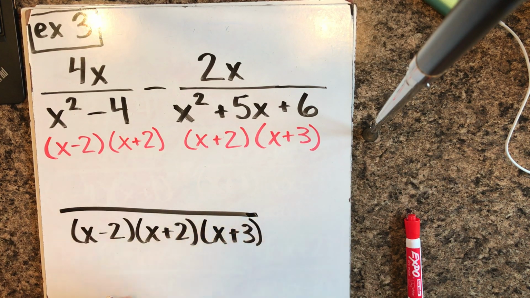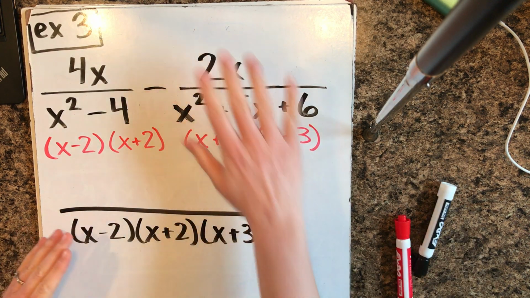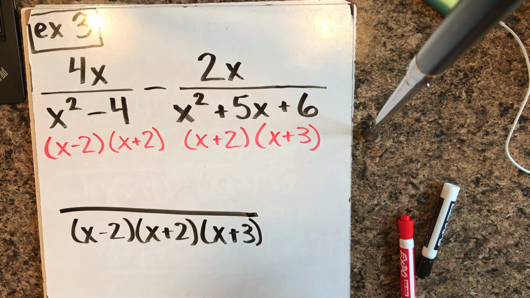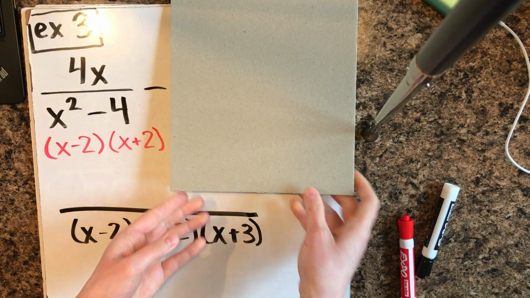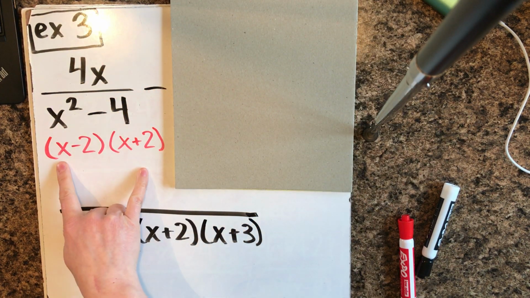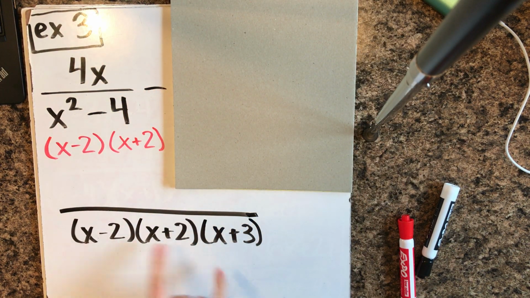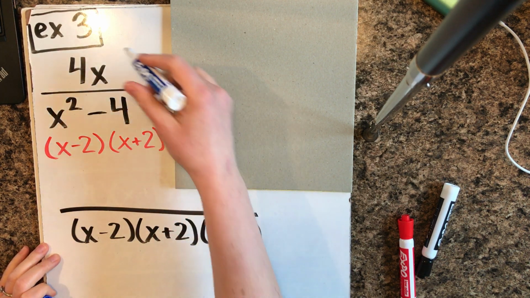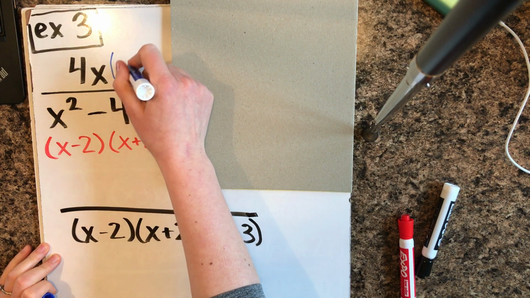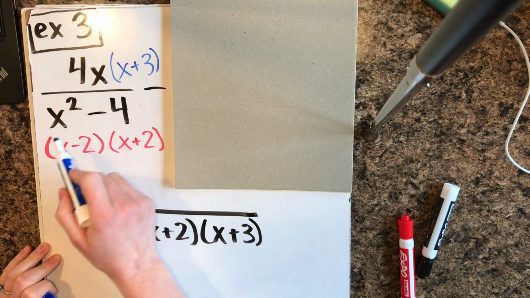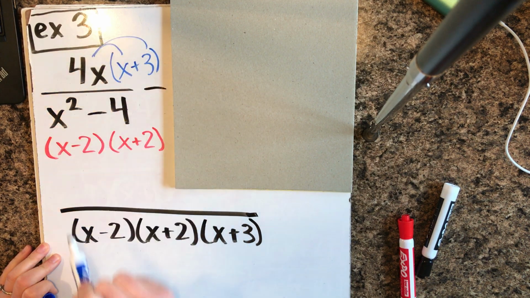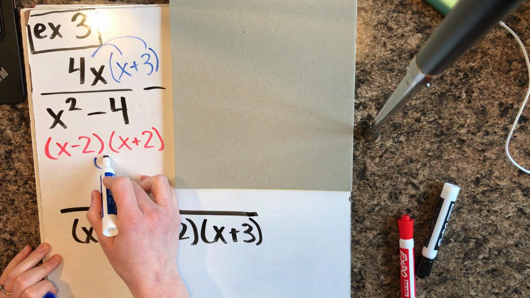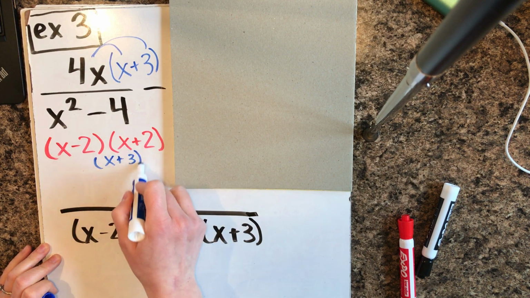Okay, so now I'm just going to look at each fraction individually. It's kind of like if I could just cover this whole thing up. Let's just focus on that side. This has an x plus 2 and an x minus 2, but it's missing the x plus 3. So I have to multiply both the bottom and the top times x plus 3. So eventually I'm going to have to multiply this 4x through both of those pieces. And I got to add it down here, and I don't have a lot of space on my board, so